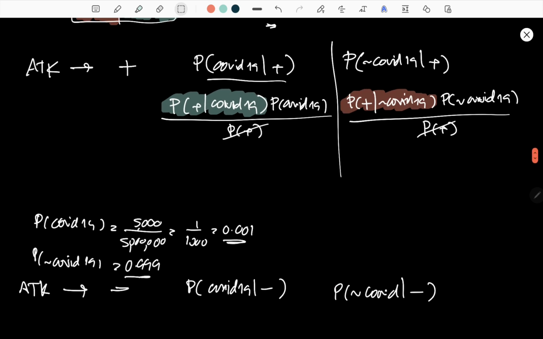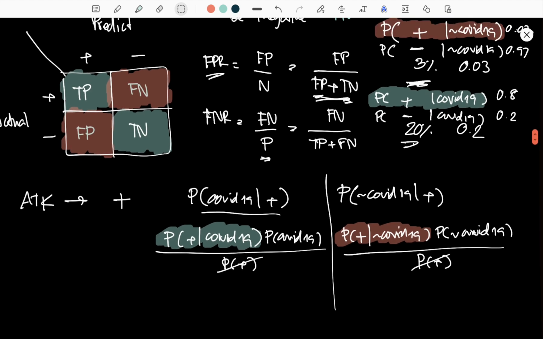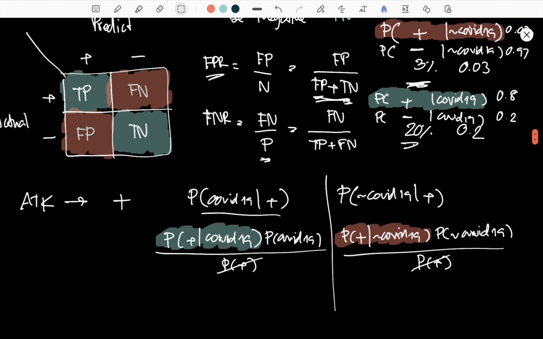Okay, so this one, for the positive, given COVID-19, it is 0.8 times the probability of COVID-19, that is 0.001, and this one,